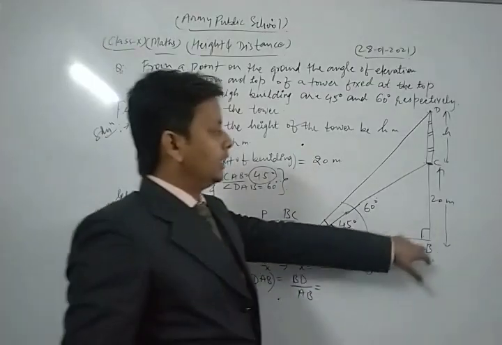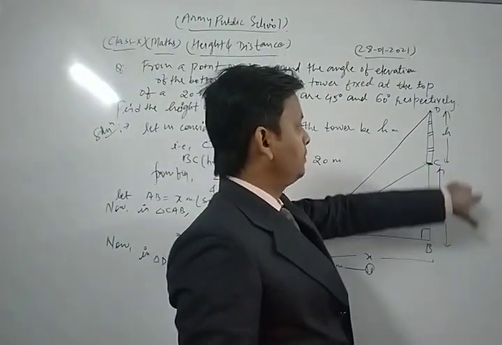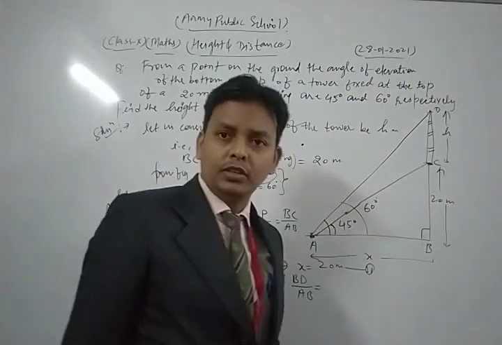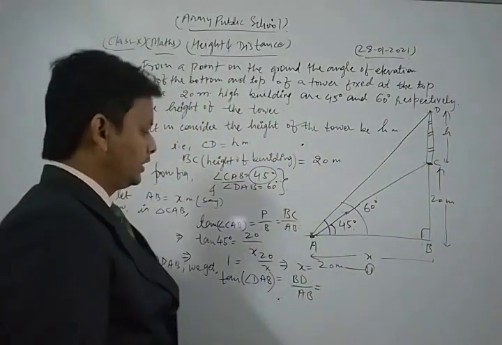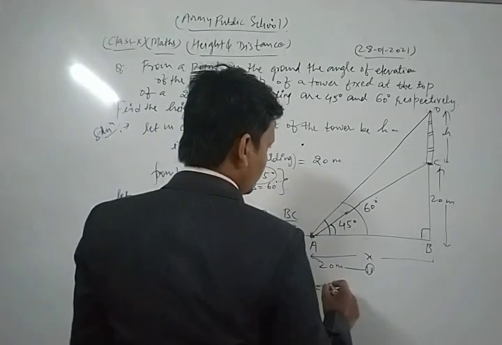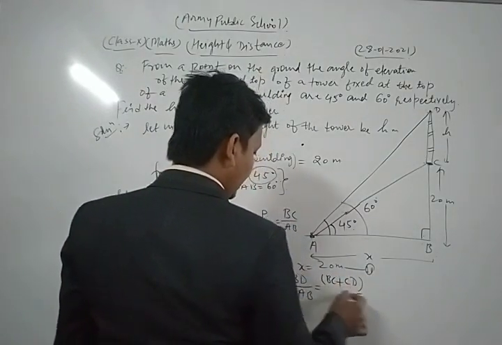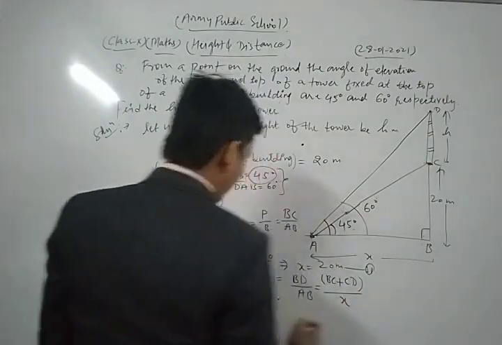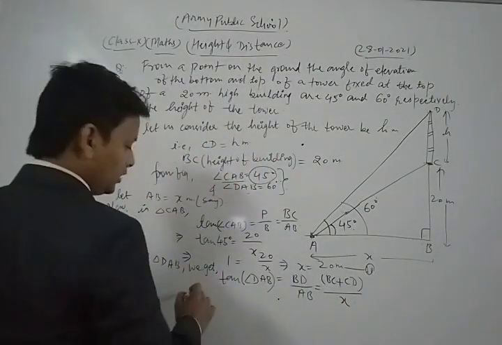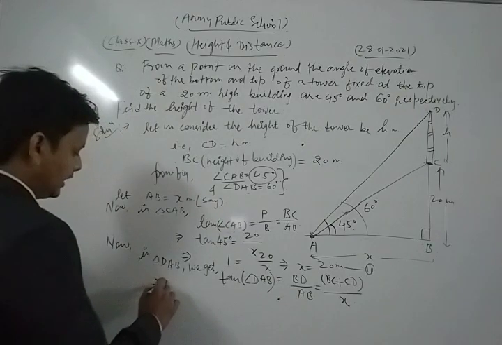What is the length of BD? BD means 20 plus H, that is, BC plus CD, divided by AB, which is x. Now angle DAB is 60 degrees, so here we write tan 60